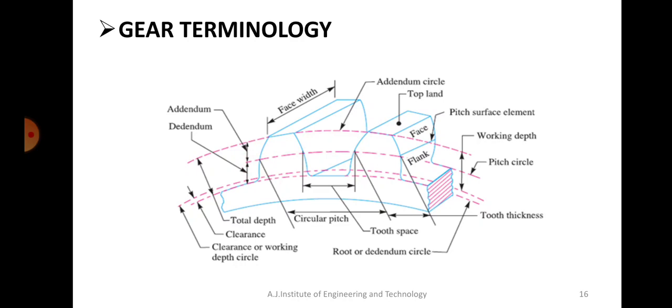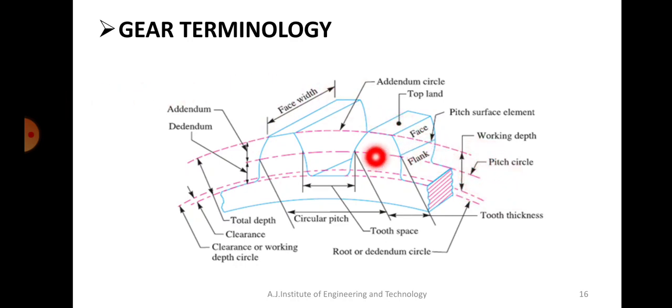Okay, so that's about circular pitch. Then we have something called face width. You can see here this distance, that is the thickness of the teeth, from the starting till the end point. Whatever distance it has, that thickness of that particular teeth is called face width. Okay, then there are some other points also, but majorly I wanted to specify on these things.